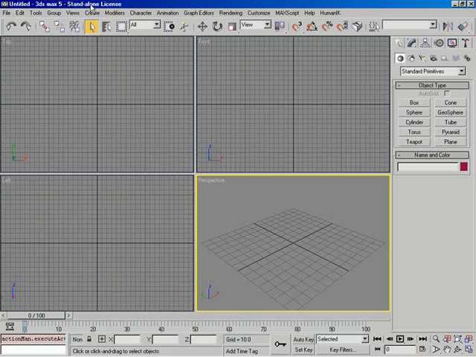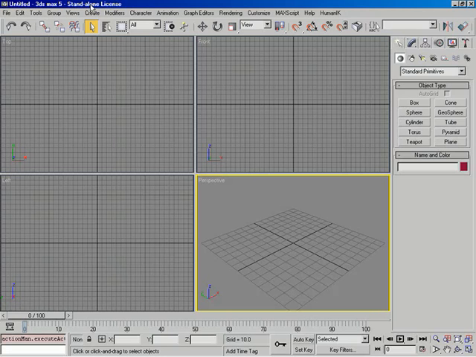And we're not going to get into any of the tools. That's, of course, the idea of all of the other lessons that are available. But I just want them to kind of become familiar with working with the editable poly itself. How do we convert to an editable poly, etc. So the very first thing that I'd like to do is discuss what a polygon is and what an editable